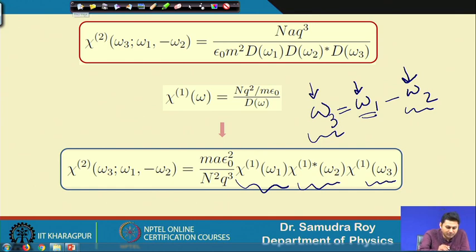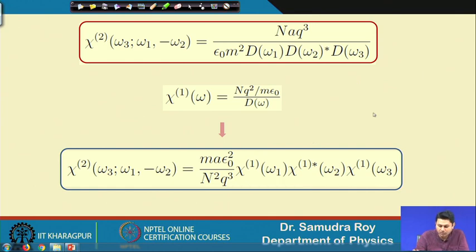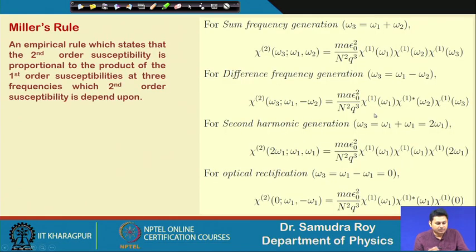So, let us go back to Miller's rule and try to find out more. Miller's rule, as I mentioned, suggests that this is an empirical rule which states that the second order susceptibility is proportional. So, now we will try to find out what should be the form of Miller's rule when we have different frequency components. Now we have a frequency component ω1 minus ω2, but as I mentioned, there may be some other frequency components also. For example,